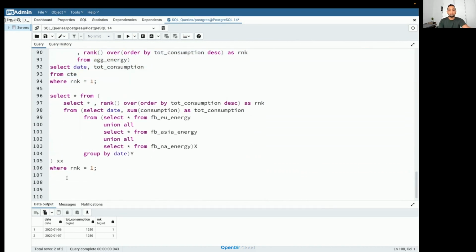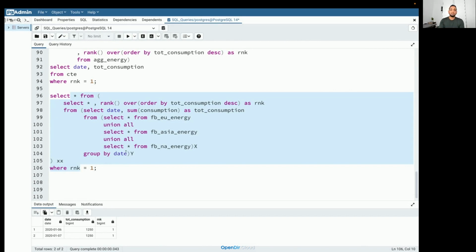And Shiva, you asked me to explain why we needed another subquery. I already explained this yesterday. Why can you not use rank directly here? Because rank is not a column. It becomes a column here, and only then you need to use a subquery outside. Try to run it yourself, you'll understand. Both have a very similar runtime.